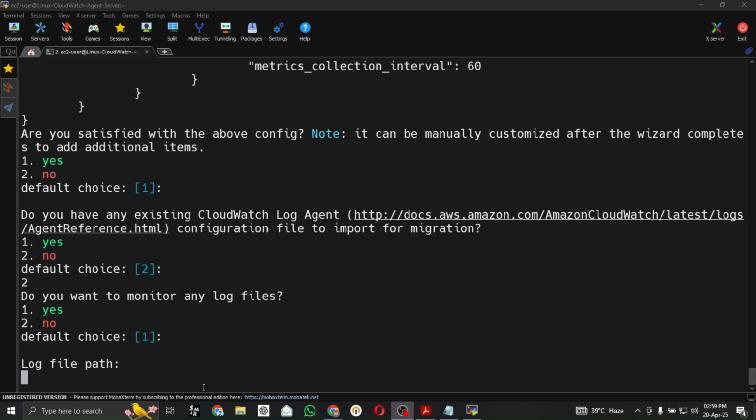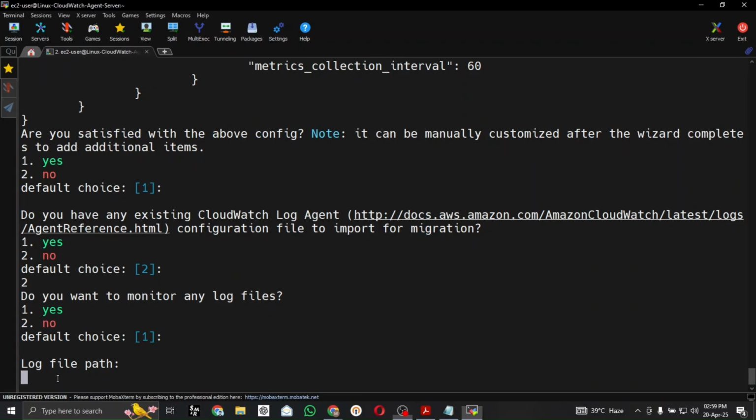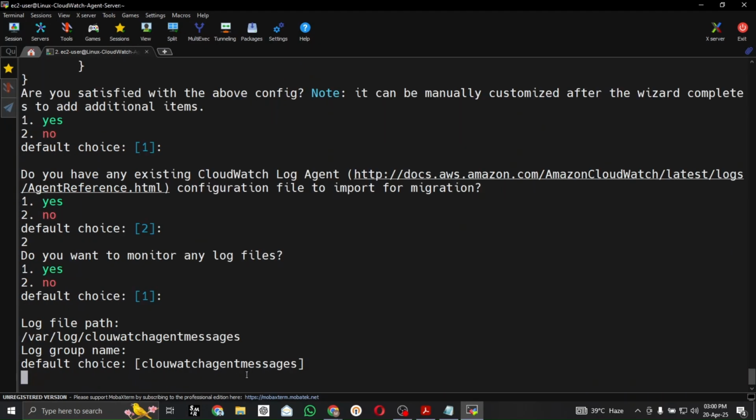Okay, in Linux, it asks you for the log file path. It's up to you. Let me just type /var/log/CloudWatch/Agent/messages. You can use any custom log file path as needed, and it will provide you the default log